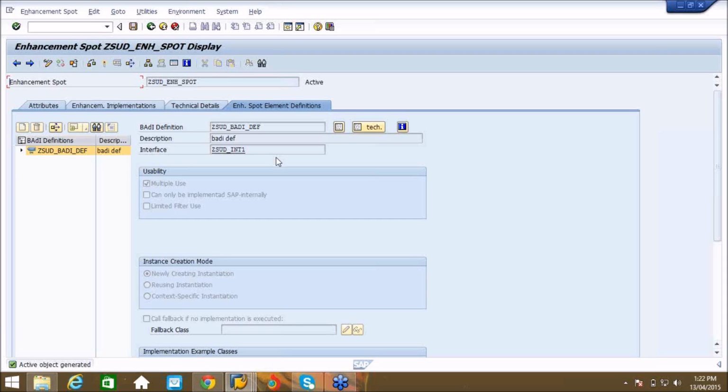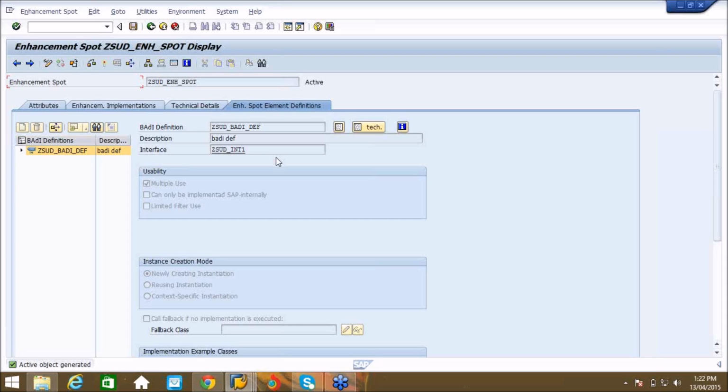You need to write some sort of coding inside the user exit or another body of the transaction. So go to any transaction. In that particular transaction, you may find some user exits, or you may find some other standard bodies.